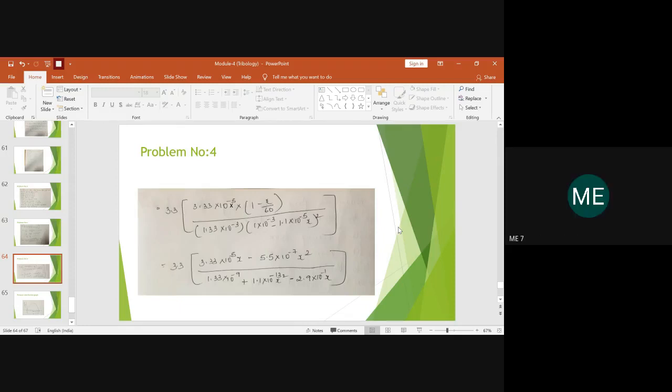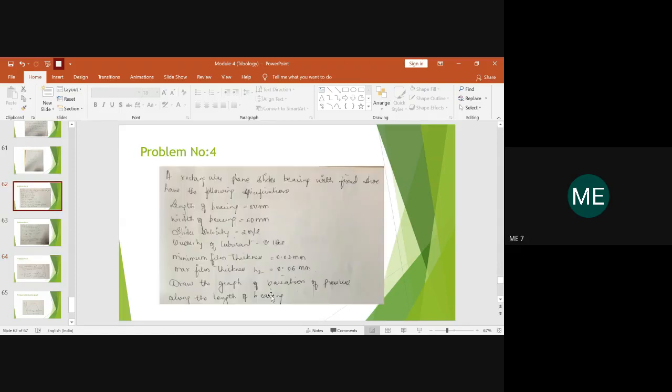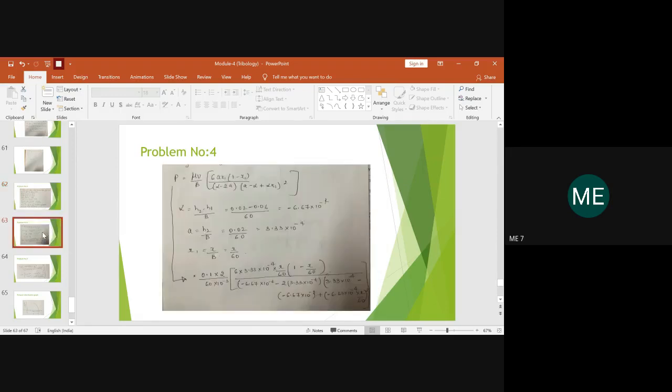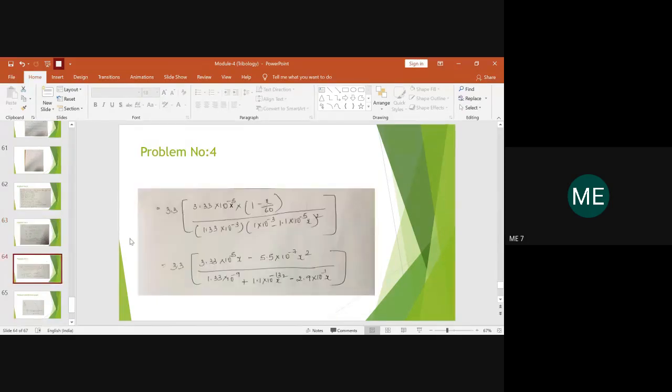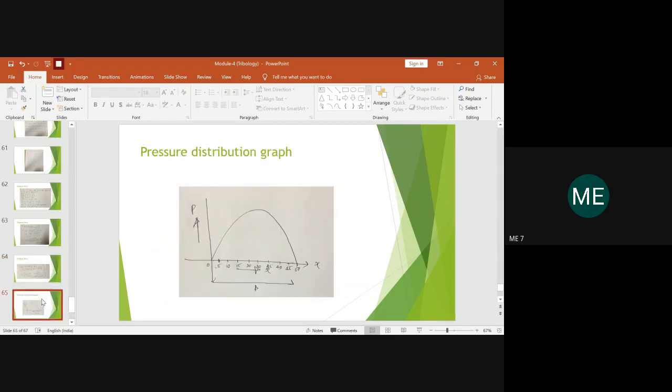Correct, ma'am. Okay. So once you have got this, what in the question they have asked is draw the graph of variation of pressure along the length of the bearing, right? So now we don't know what the values of P are. So this P will vary with respect to the values of X, what we will be giving, right? So this X you have to keep on varying. So now I have explained you in derivation of maximum load bearing capacity equation, right? So at the pressure where it is maximum, you will be having the maximum load bearing capacity. So the entire width of the bearing is somewhere around